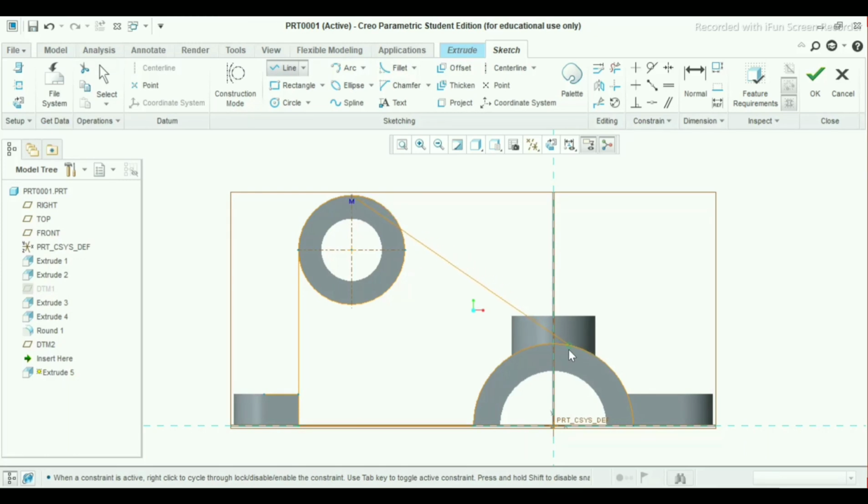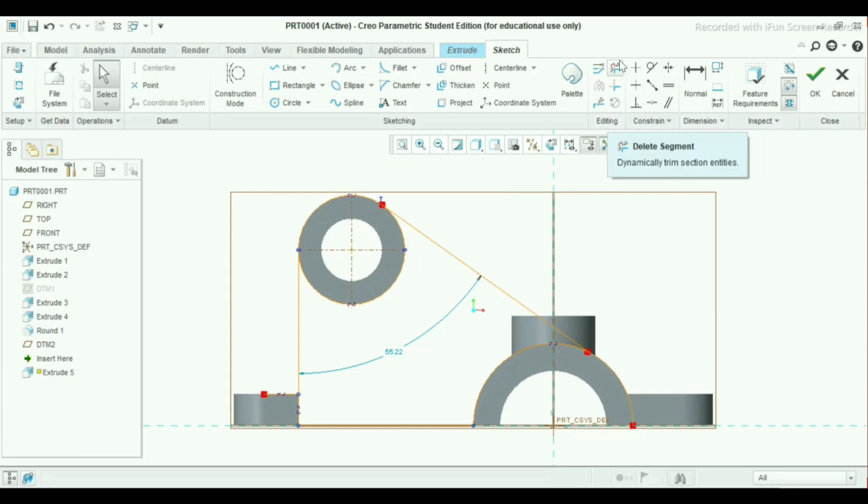As you can see, make sure it will be tangent. So apply here this tangent command, this tangent relation. Select this line and this arc. Press scroll button, then it will exit.